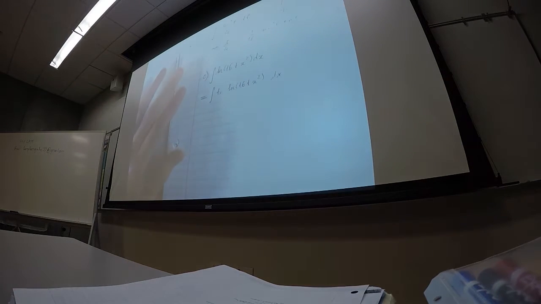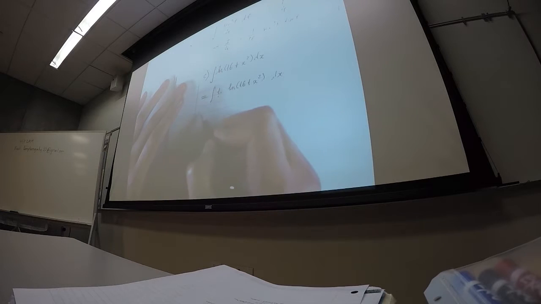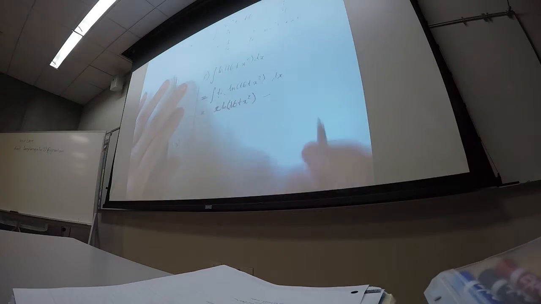Alright? So like I said before, if you're trying to use integration by parts, you're trying to pick dv and u, you pick dv equal to something that is easy to find its antiderivative, right? Okay? So 1 is a function that is easy for you to find its antiderivative. And what is the antiderivative of 1? It is x. So we set v equal to that, right? So ln of 16 plus x squared, okay, minus